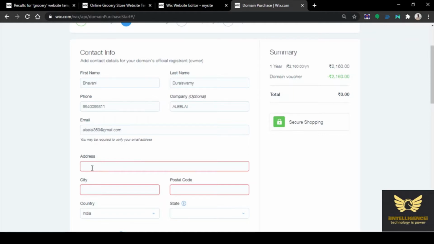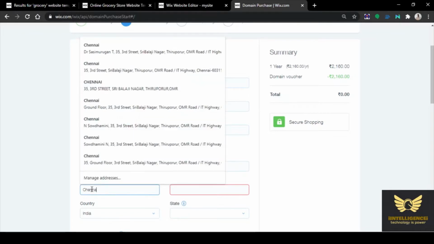Wix.com is one of the professional companies which is in Israel, and it is famous for its professional websites. If you go to GoDaddy.com, you can only buy a domain. Further, you need to have the help of somebody else to create a website. But it is not the case with Wix.com.